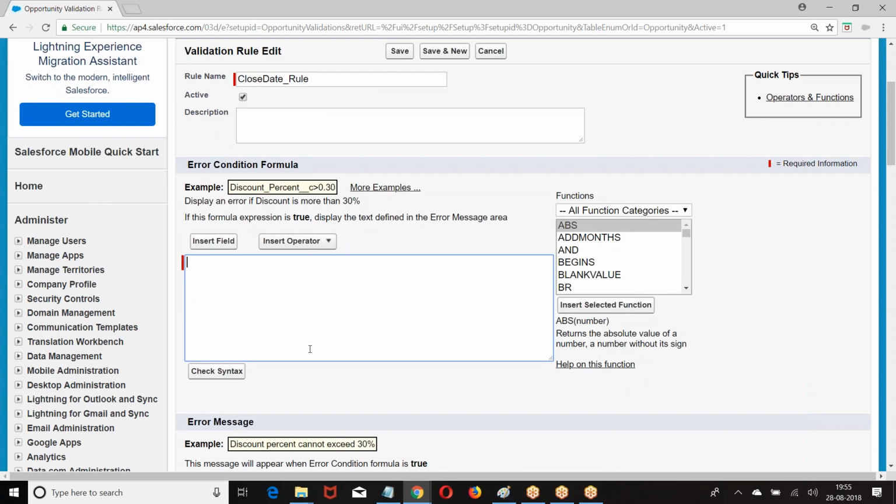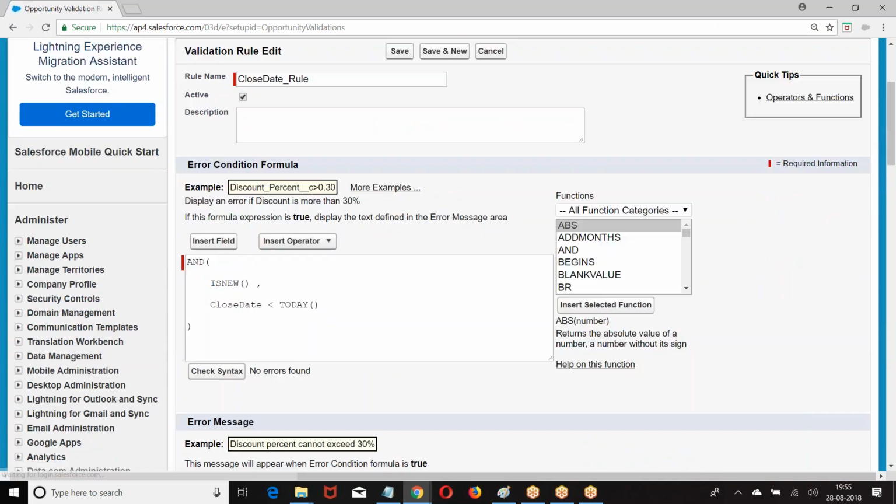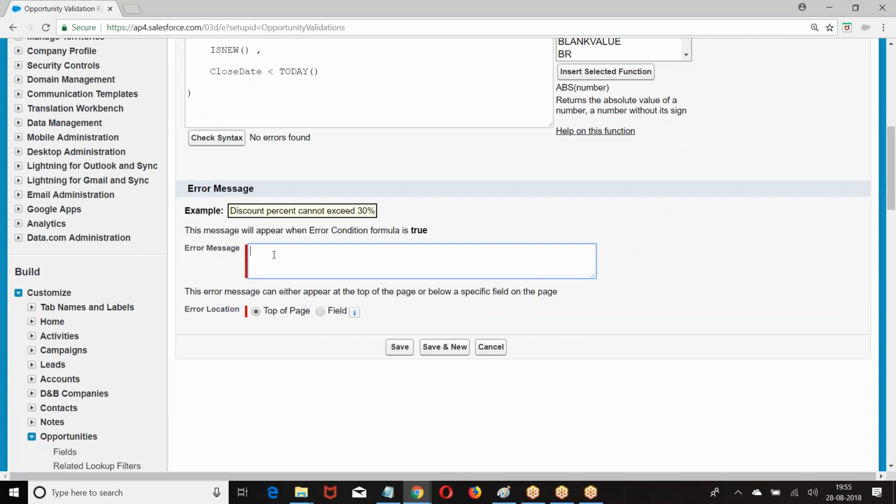What is the condition? It is a new opportunity. And how do you know it's a new opportunity? If it is new, and close date less than today, throw error message.